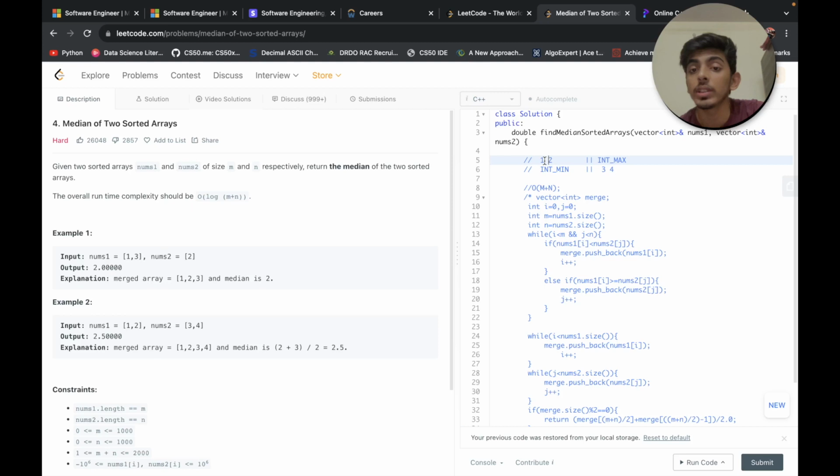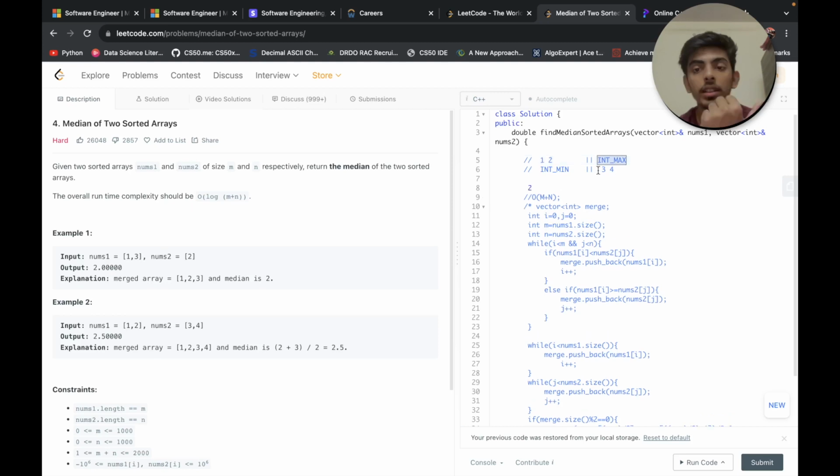In this array the rightmost will be 3, so we'll consider the minimum, right? So 2 plus 3, and we'll take the average of these two, which will be our answer, 2.5 in this case, right?